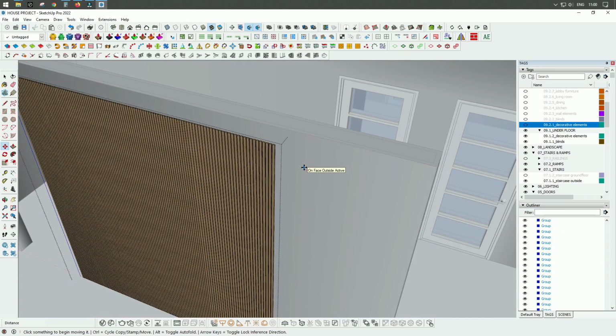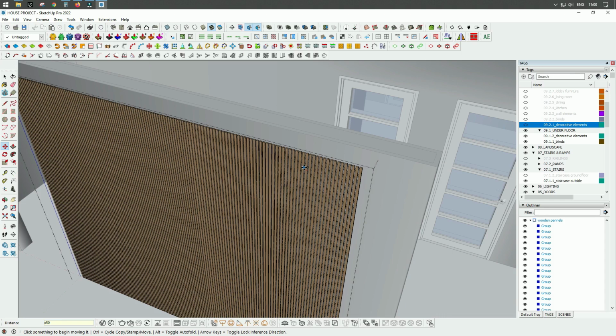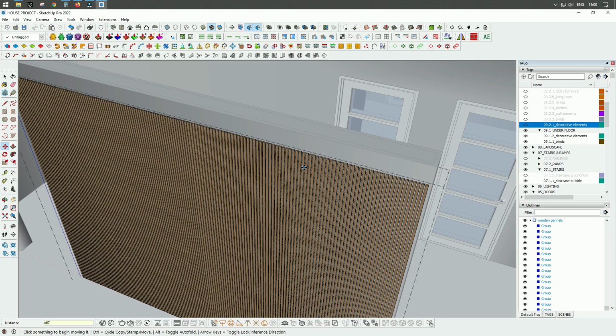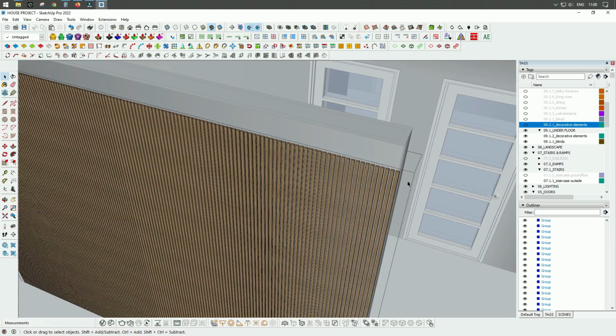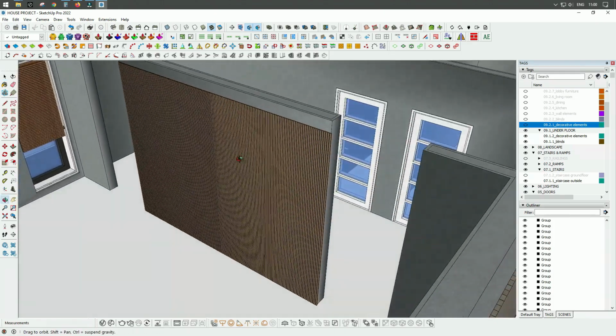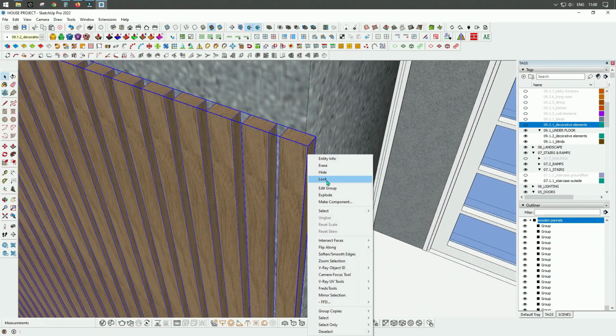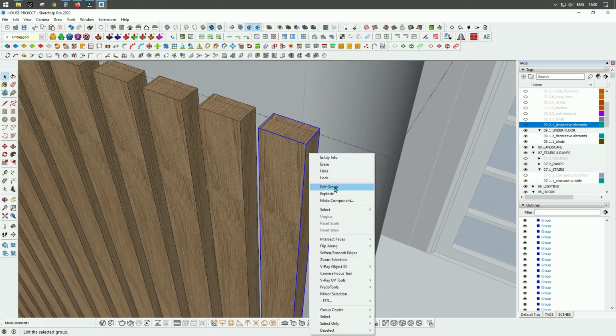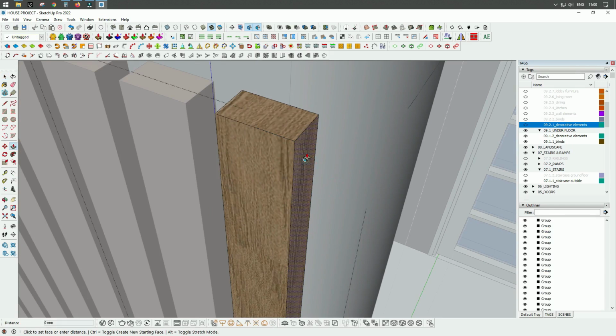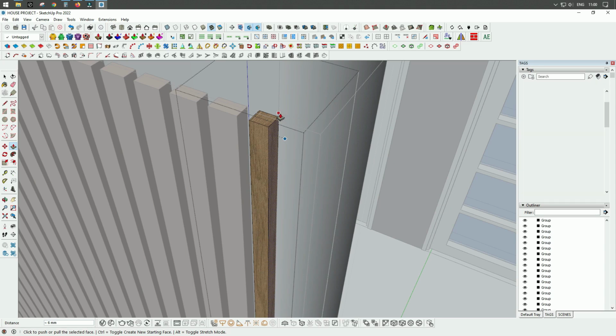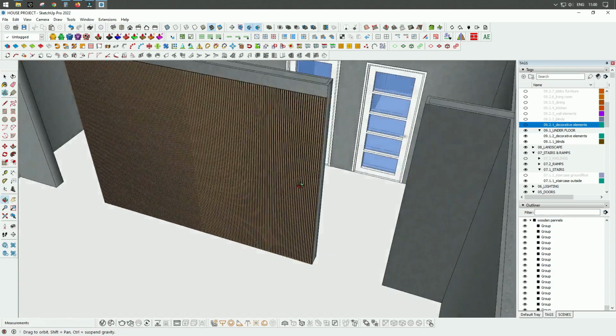It's not enough, so it will be times by 50, no, by 65, 67 probably, finally 68, and I can adjust a little bit, edit group, edit this one, and by using push pull I can adjust this face to go up to this corner here. It will be invisible,